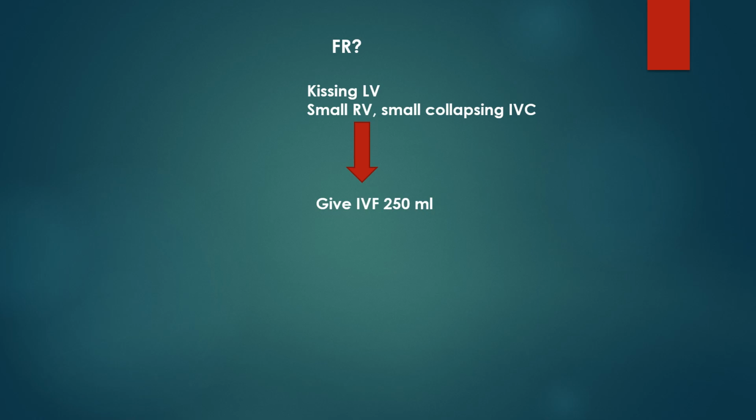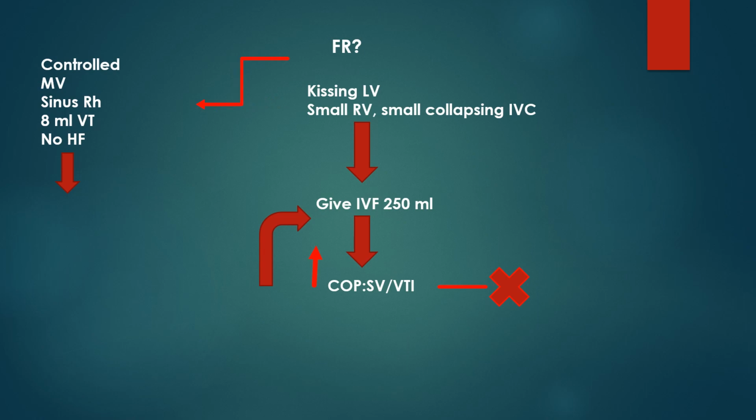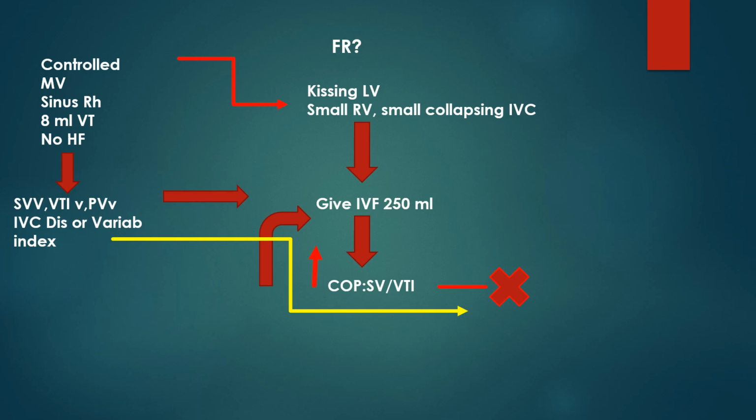So to sum up, for fluid in COVID or non-COVID septic patients, you have to have evidence of hypovolemia: kissing left ventricle, small RV, small collapsing IVC. Give a bolus of IV fluid and look at the cardiac output. If the cardiac output increases, well and good. If it doesn't increase, you have to consider another way of management. If your patient is on controlled mechanical ventilation in ARDS, in sinus rhythm, and you can put them on at least 8 ml tidal volume, with no spontaneous breathing at all,